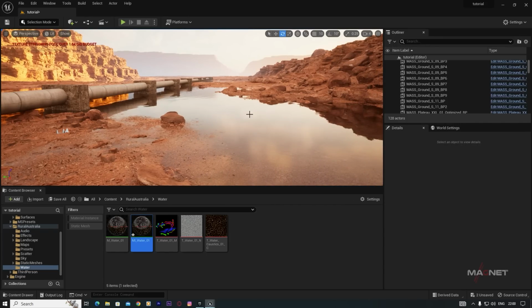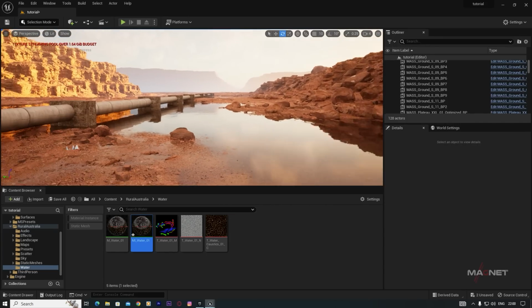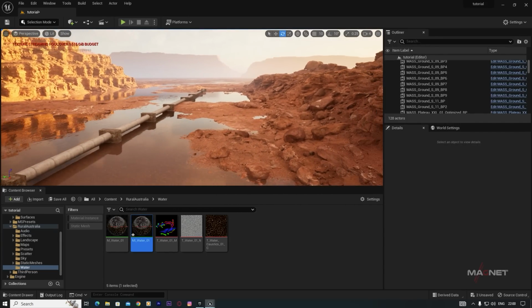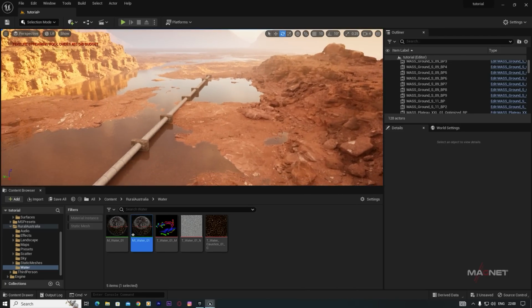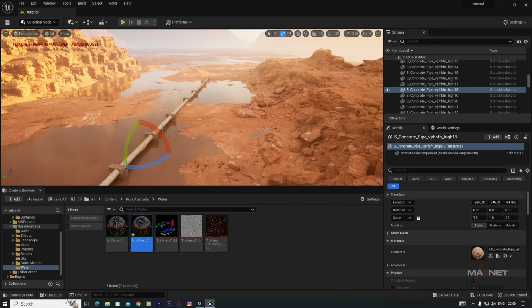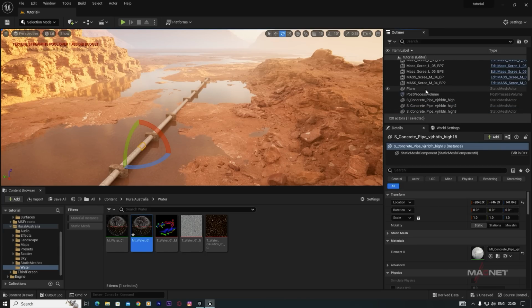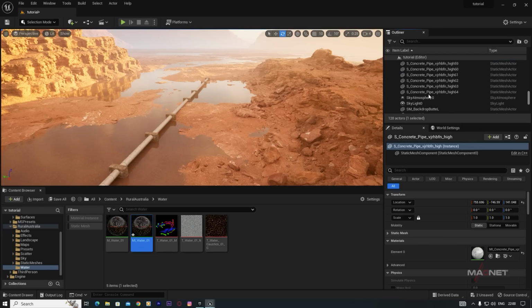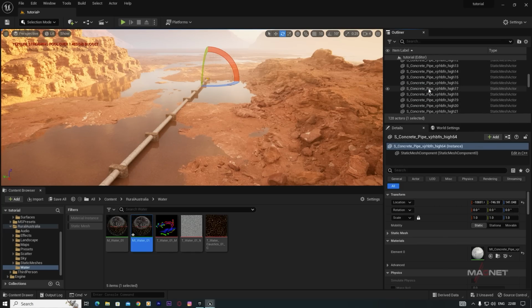Okay, so now you can get this kind of nice landscape here, and I think it really looks amazing. So now we're going to extend our pipes. So here are the pipes, so maybe we can organize the pipes a little bit. So here are all the pipes here. So first we select all these pipes